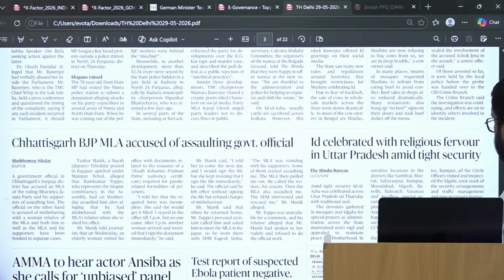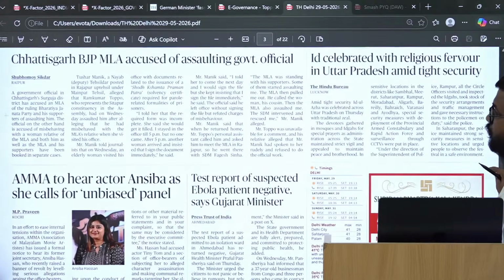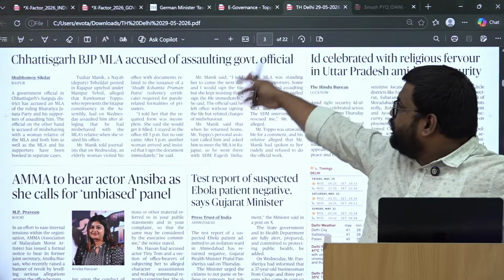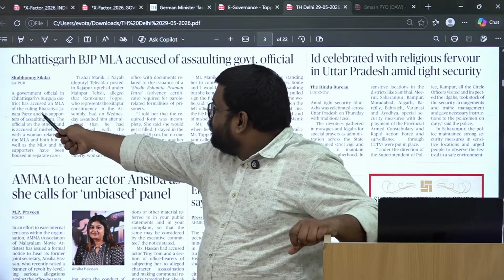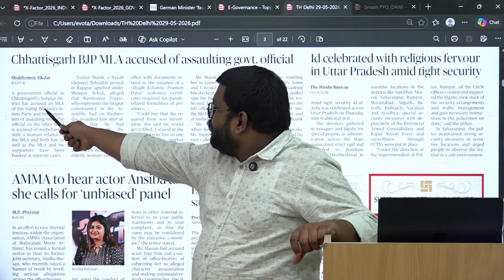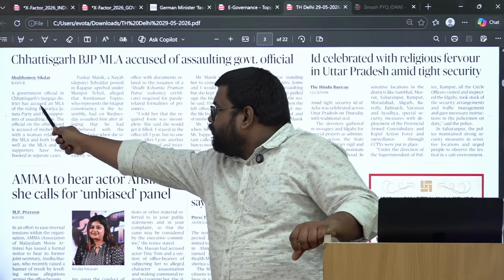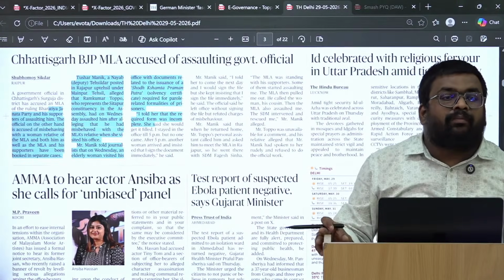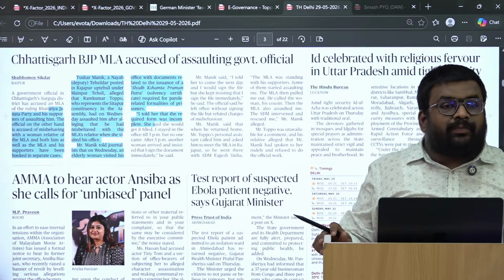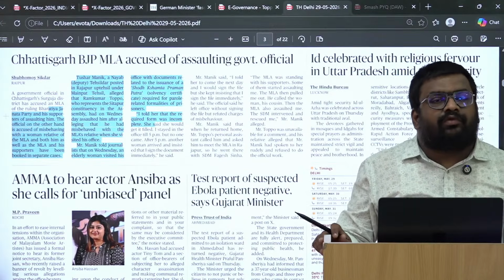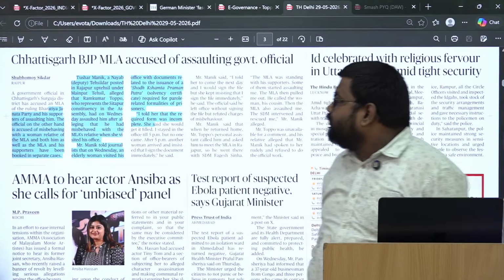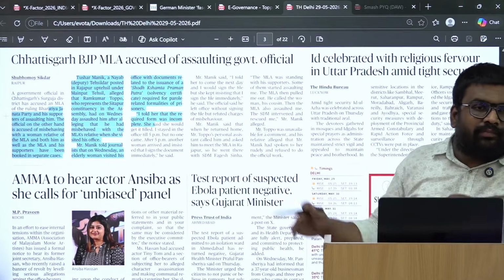Then this, as the BJP MLA accused of assaulting government official. So just check the name of the MLA or ruling Bharatiya Janata Party. Okay, so he was of the ruling government. So simply you got the example: politicization of bureaucracy or political pressure on the bureaucracy. So BJP, don't mention the party name. So ruling party MLA beating Naib Tahsildar in Chhattisgarh. Khatam, you got your example.